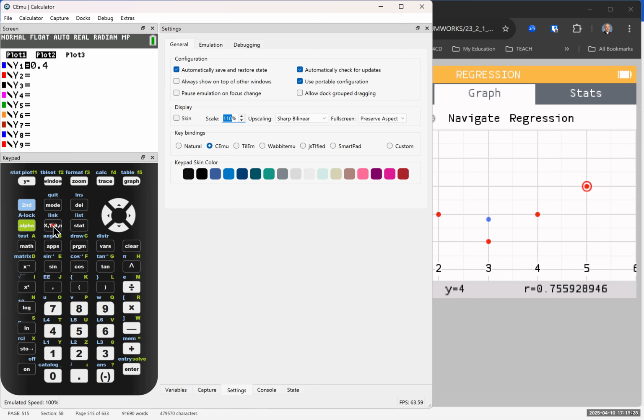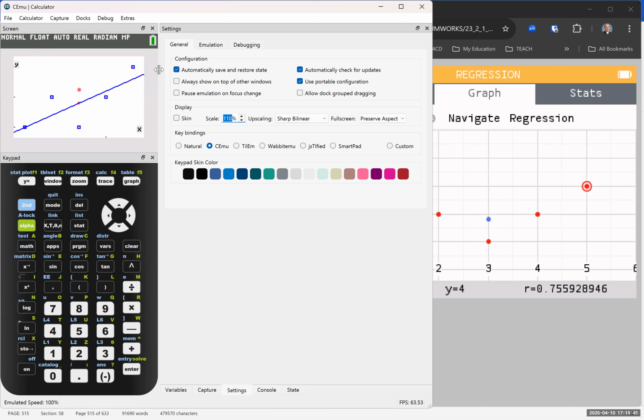You click that once, and it'll put an x. And then we've got plus 1.6. And now if you hit graph,